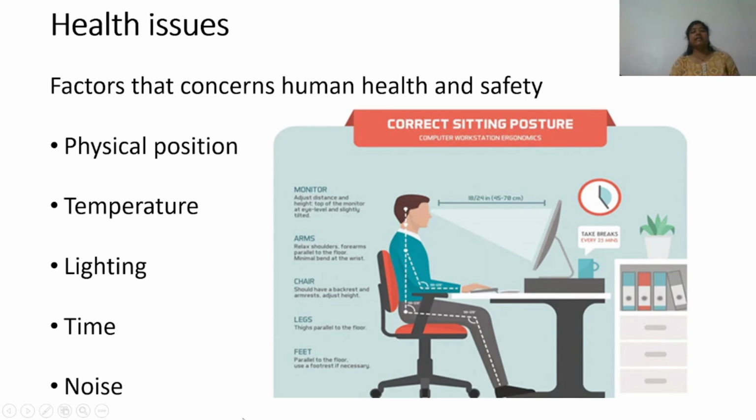When you are considering any individual working on a system for long hours, there should be a correct sitting posture as depicted in this diagram. It should have the proper position of the monitor, arms used properly, a specific distance between the monitor and the user. Then the arrangement of legs and feet should be proper, along with a proper environment of usage.